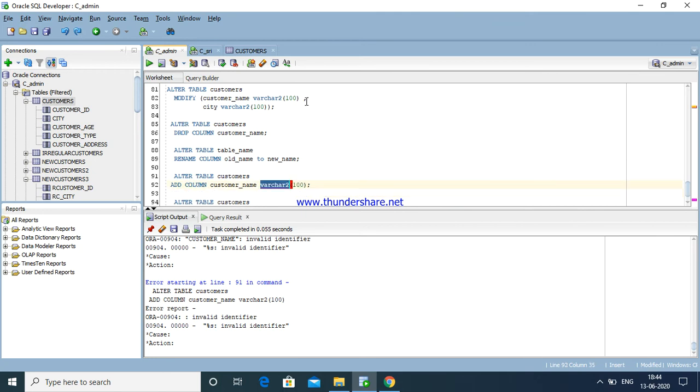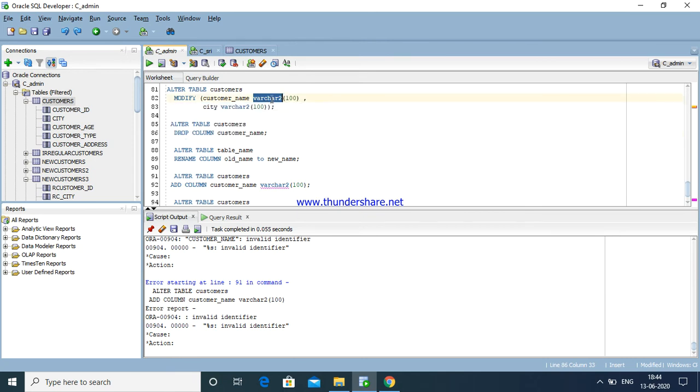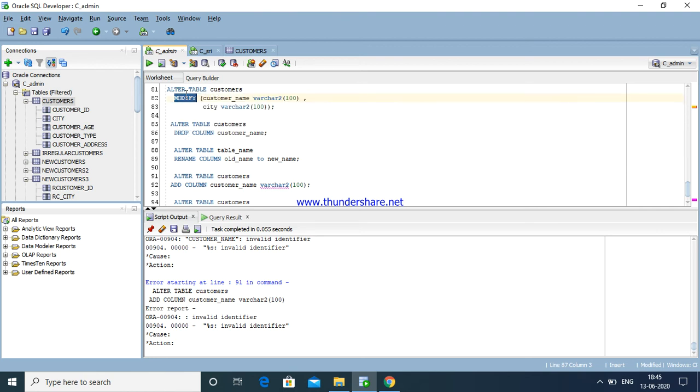Control Z. Otherwise just give add command, add. Okay, just I am going to close braces.